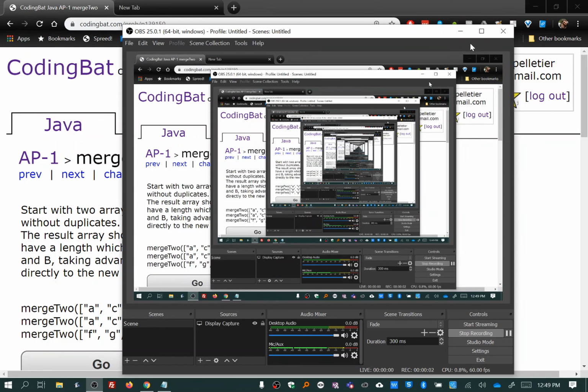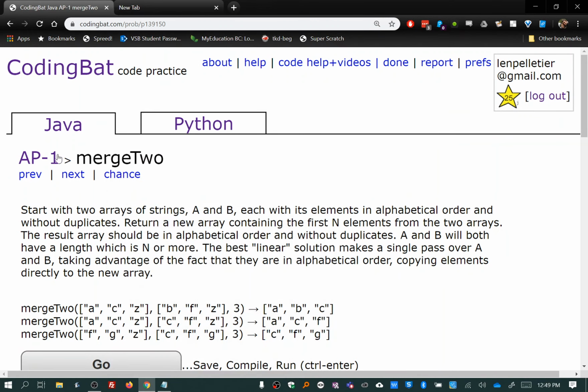Hi everybody. I got a request to do mergeTwo, and I'll be honest, mergeTwo I think is the hardest question in this whole problem set. First of all, I didn't teach you how to use compareTo, so that makes it pretty hard. So we're going to learn how to use compareTo. And even if you know how to use compareTo, it's still pretty hard, and I got stuck on this question,